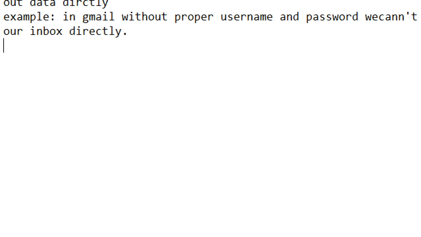This is an example. If we validate and we are a valid customer, we can access our own data only, not another person's. Like in a bank, I can withdraw money from my bank account only, not my friend's. Without proper validation, we cannot access his data. We can access our data only. For his data, we can do validation, then we can access.